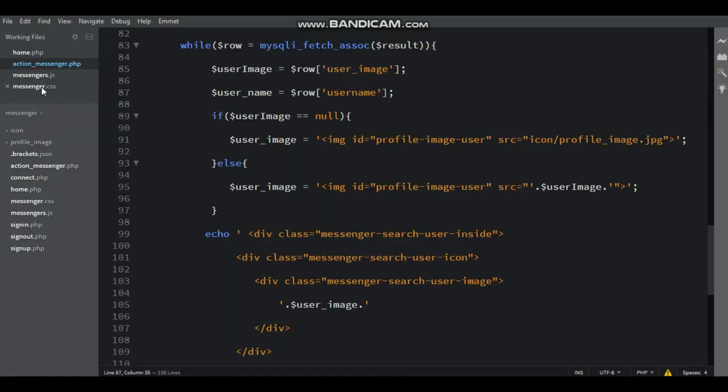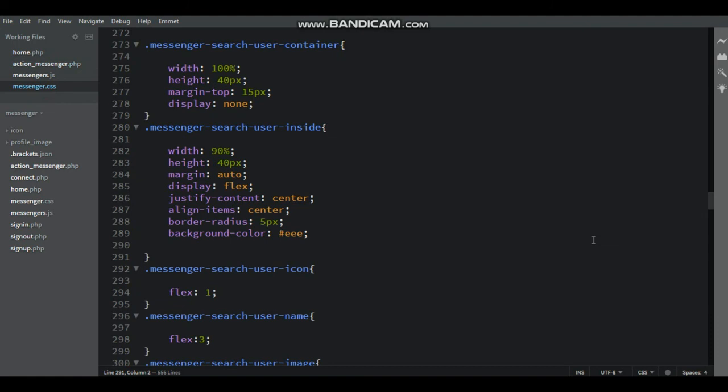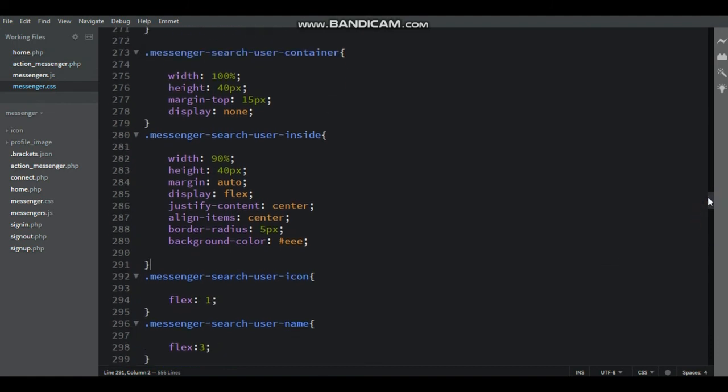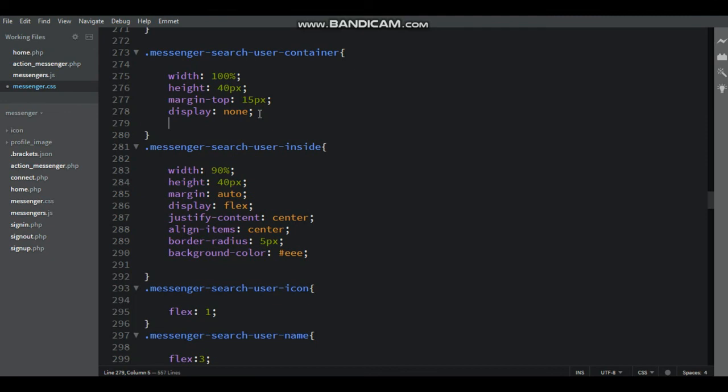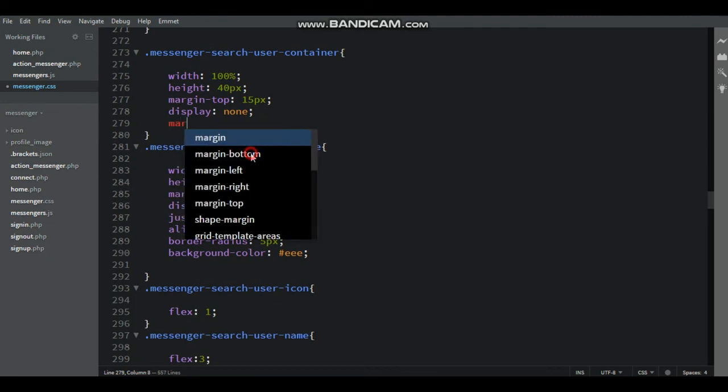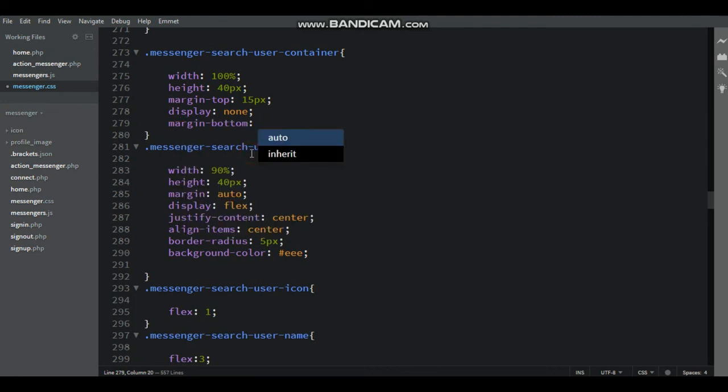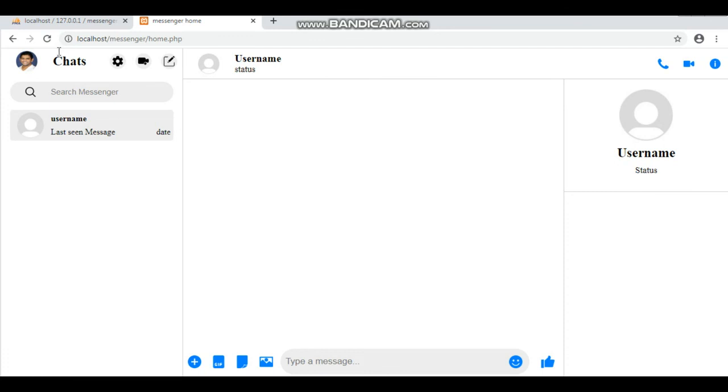Now go to the messenger.css. Here that is inside messenger search user container, margin bottom 10px, save it and refresh the browser.